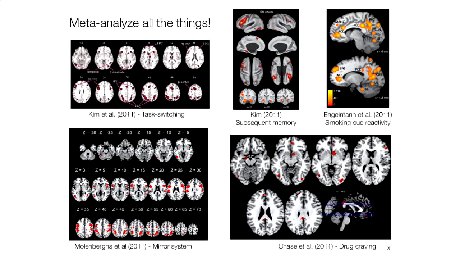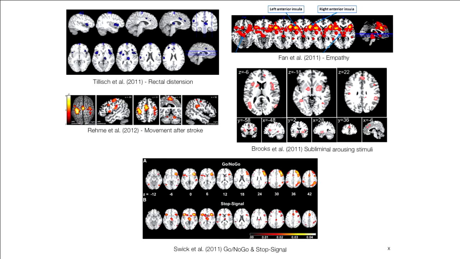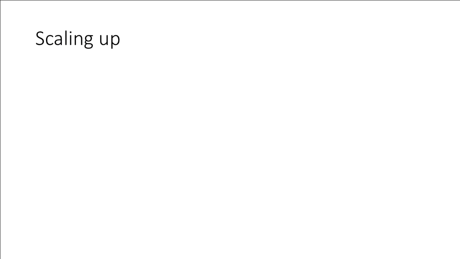And you can go and meta-analyze all the things, and you've already heard lots about the different kinds of approaches you can take and the different domains you can apply them to. Here are just a few examples, right? You can apply these tools to task switching, subsequent memory, smoking cue reactivity. It goes on and on. If you can find, I was going to say a few studies, but after Simon's talk, which I agree with, let's say 20 or 30 studies, then you can do something like this and produce an estimate of consensus neural correlates of the thing you're interested in.